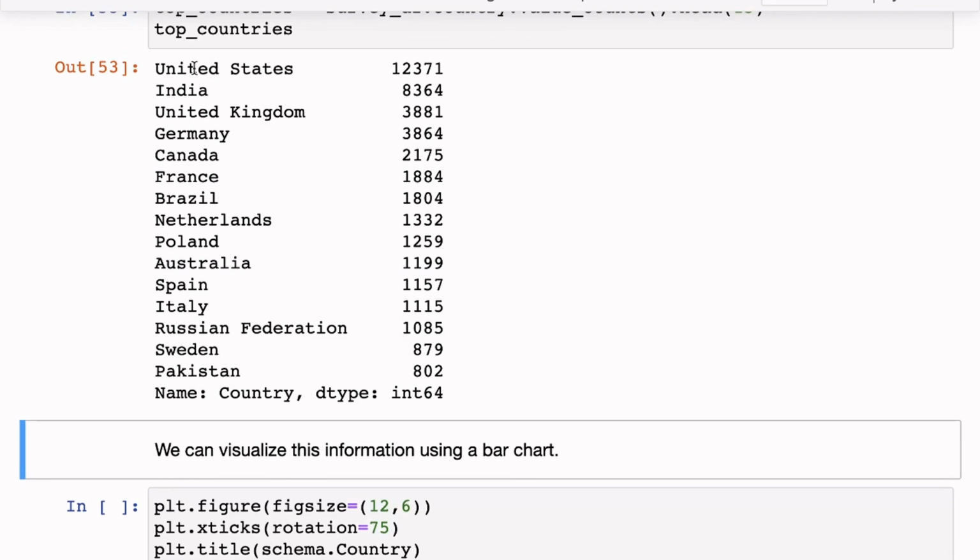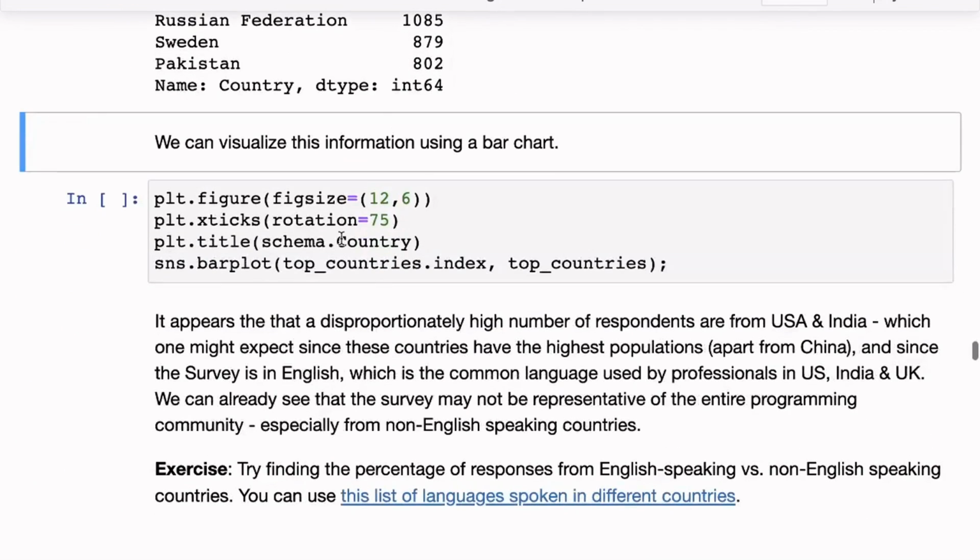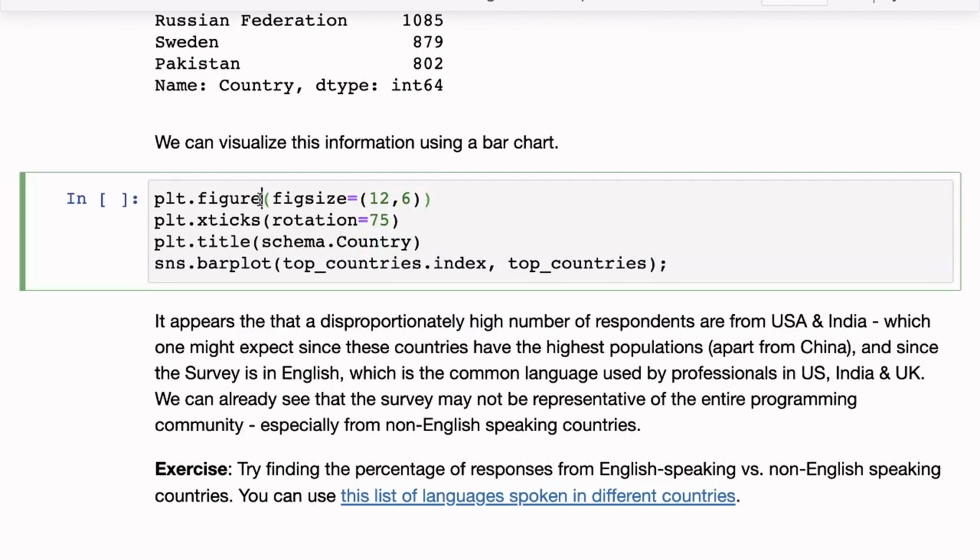So we can use the index of the series as the x-axis, and then we can use the values in this series as the y-axis. So we are going to create a figure here. I'm just going to set a plt.figure figsize, just to make this a big figure. We're going to set a title for it. So we're going to set the title as the question that was asked. And then we're going to use